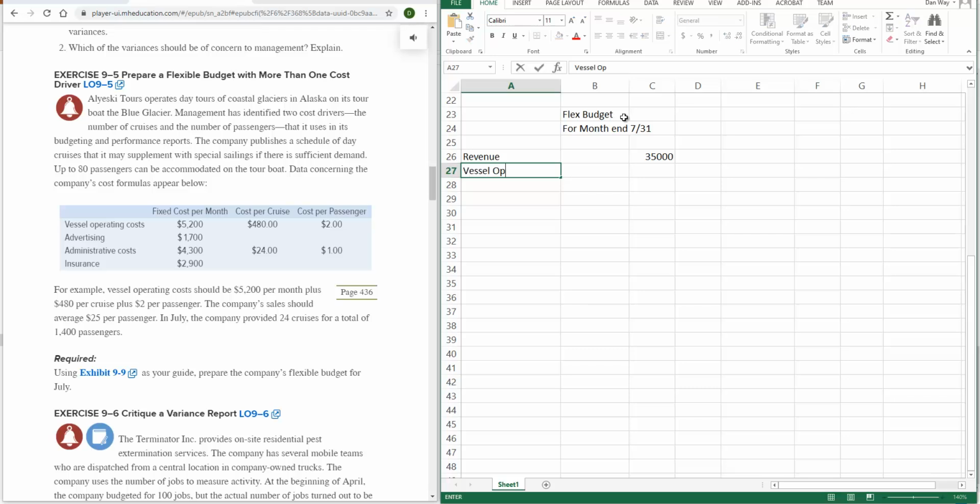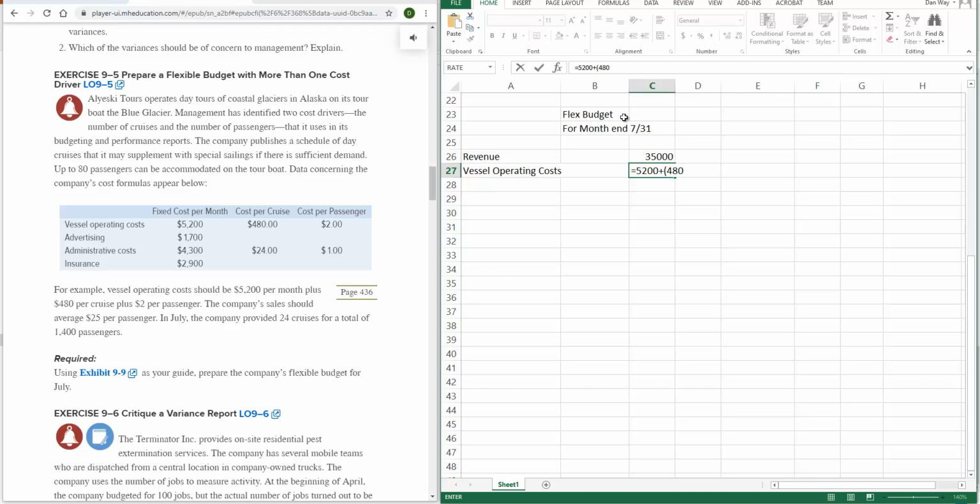Now first up we have our vessel operating costs, and again that is a mixed cost. We have a fixed component and then a variable component that varies based on the number of cruises and the number of passengers. So our formula there is the $5,200 in fixed costs plus